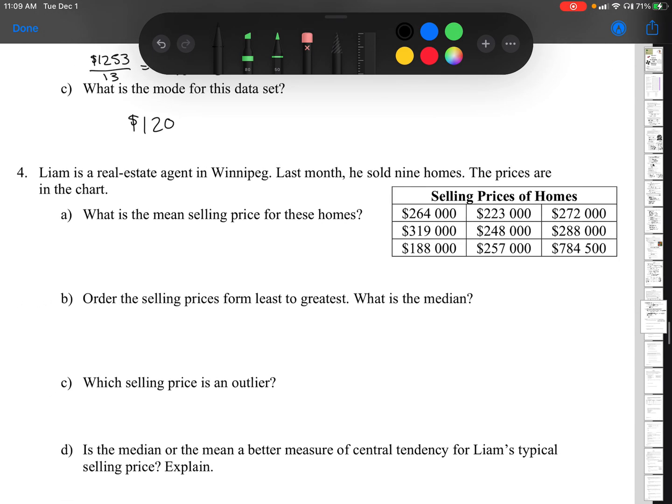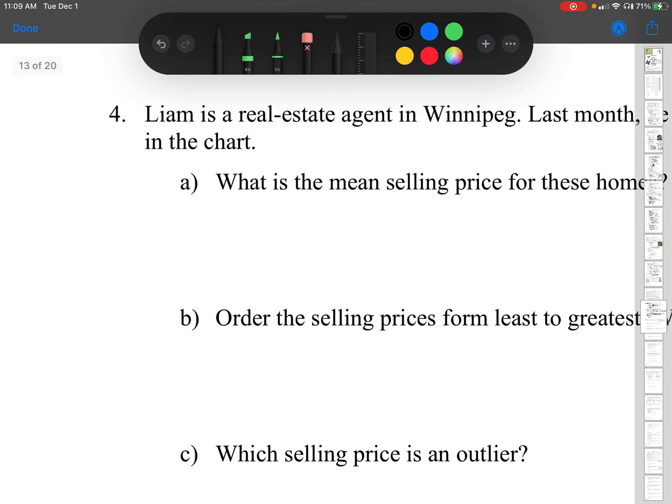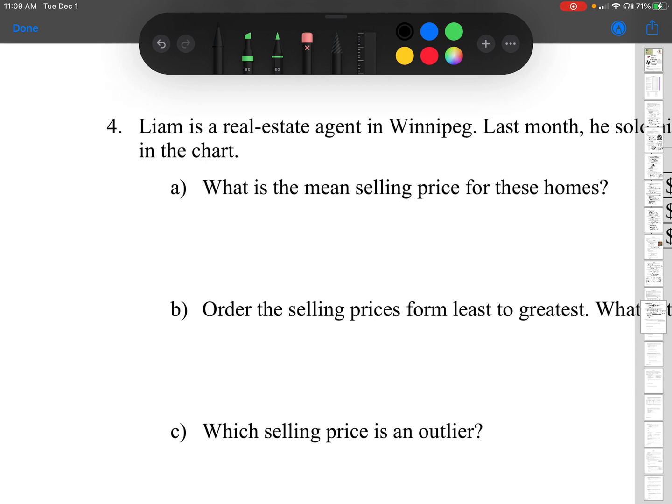Okay, next one. Liam is a real estate agent in Winnipeg. Last month he sold 9 homes. Their price is in the chart. So we want to figure out first what the mean selling price for those homes are. Same thing. If I ask you for the mean, I expect to see you writing it all out. So start out, we go